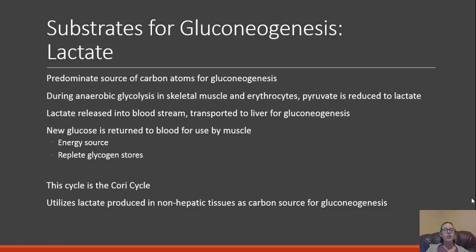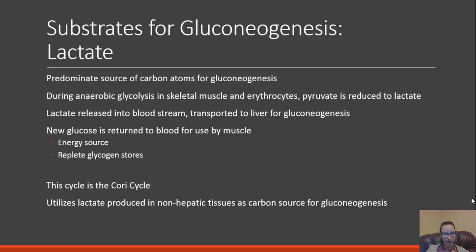So during anaerobic glycolysis, the skeletal muscles and erythrocytes primarily reduce pyruvate to lactate. Remember, erythrocytes don't have the ability for oxidative phosphorylation, and skeletal muscles do not have the ability for oxidative phosphorylation if we just don't have enough oxygen, such as in anaerobic conditions,